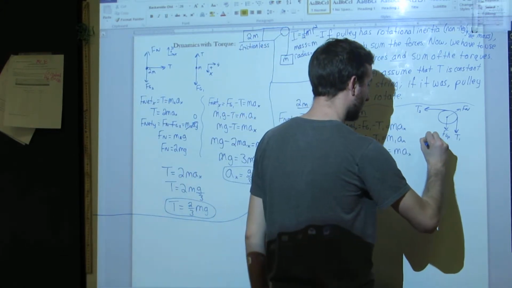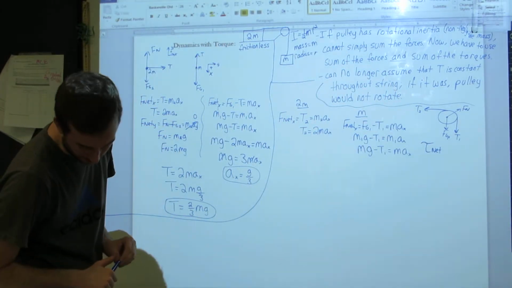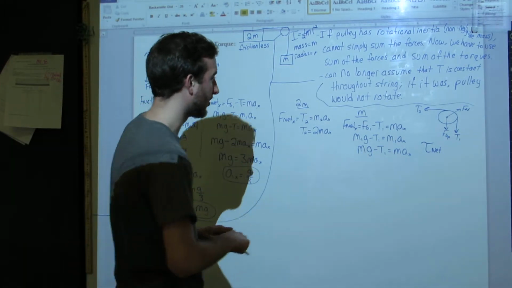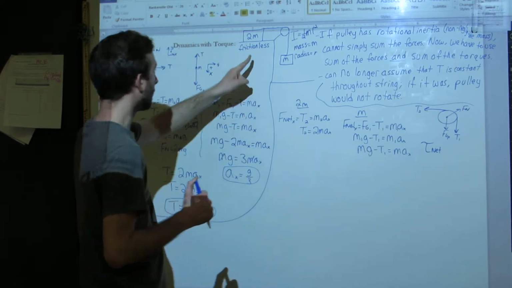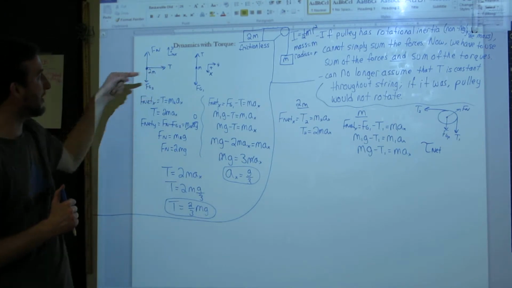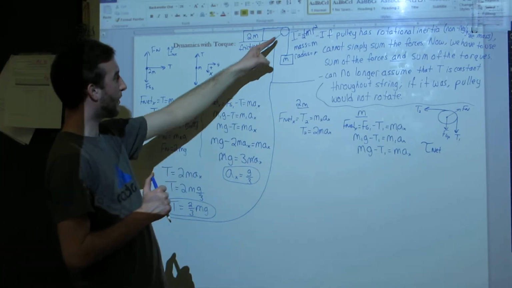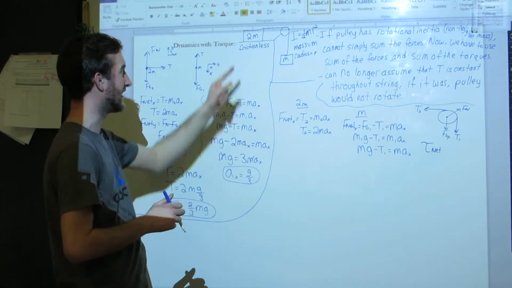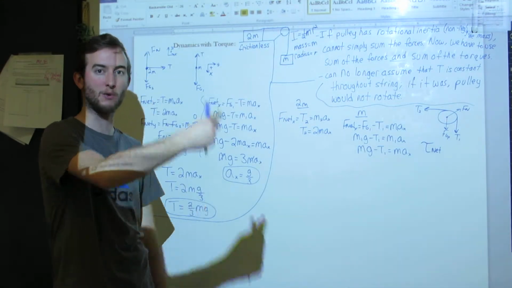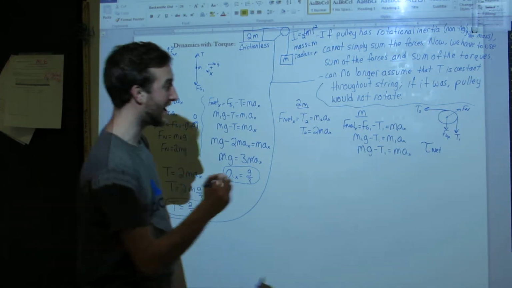So when I go to write the net torque equation, okay, there is something that we have to be careful of here. I remember what it is. Okay, so here's the thing you have to remember. If we said that 2M moving to the right was positive x and M moving down was positive x, which way would the pulley be forced to rotate if that's the case? If 2M moves to the right, M moves down. It would move clockwise, right? Well, so that we don't screw up all the signs, therefore we have to say